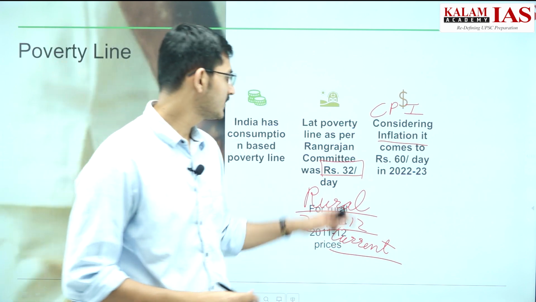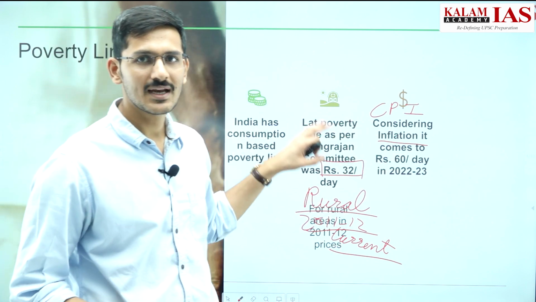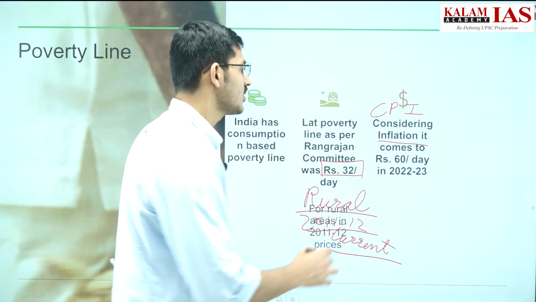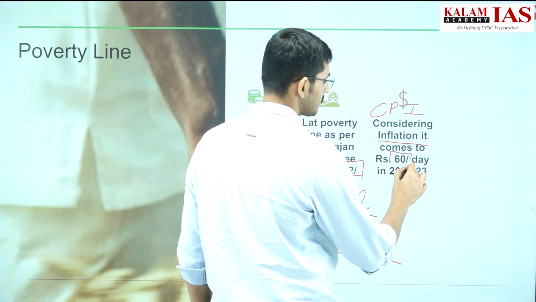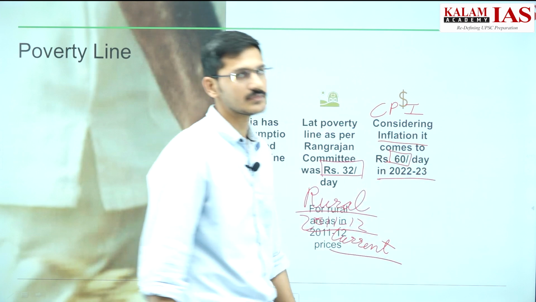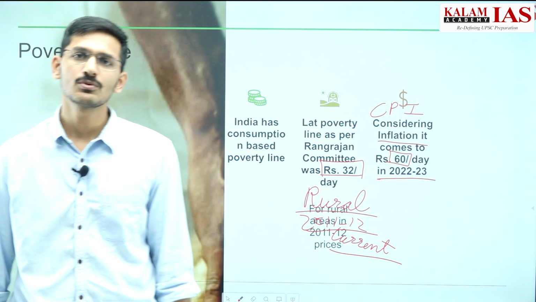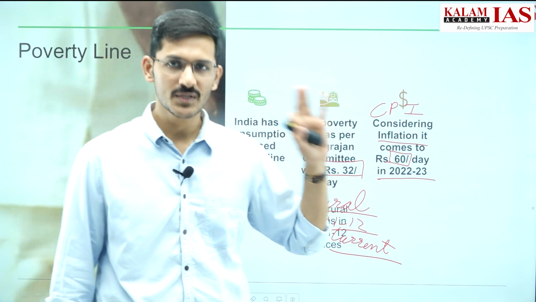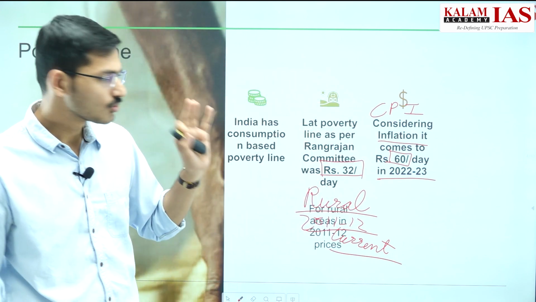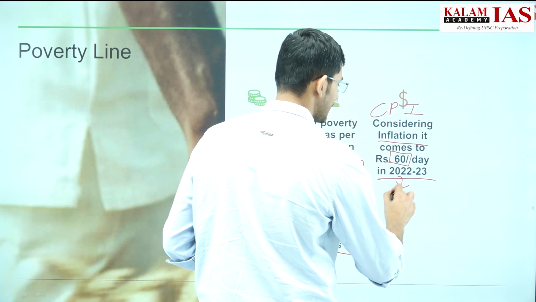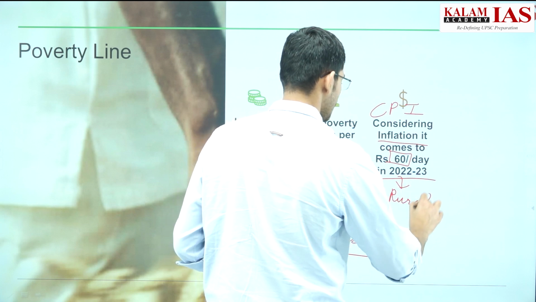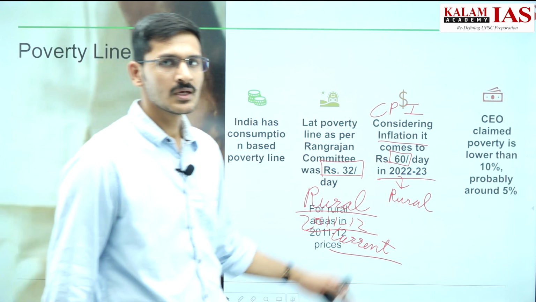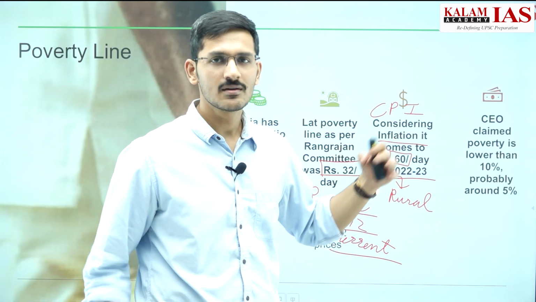He said that if we take the poverty line of 2011-12, the last poverty line defined by the Rangarajan committee, and we add inflation, then the poverty line will come to about 60 rupees per person per day in 22-23. If we add inflation from 2011-12 to 22-23, then the 32 rupees will translate into about 60 rupees per person per day in the rural areas. That is in the rural areas and not the urban areas. So, as per the Niti Aayog CEO, the poverty line currently in India should be around rupees